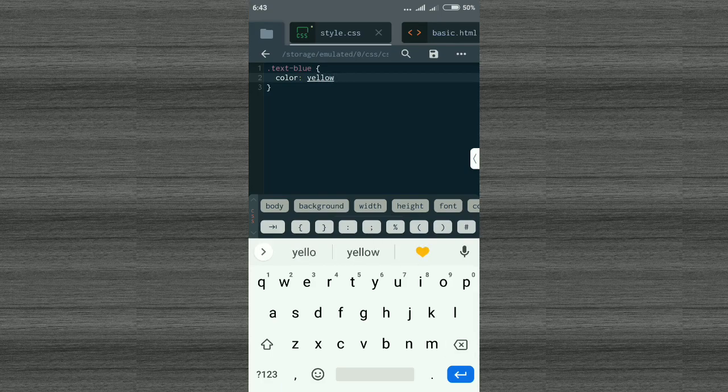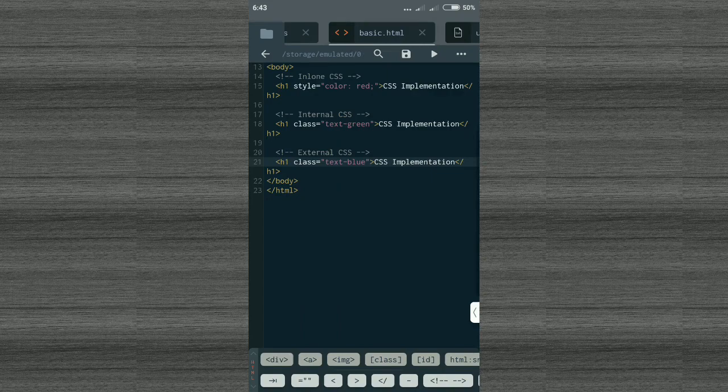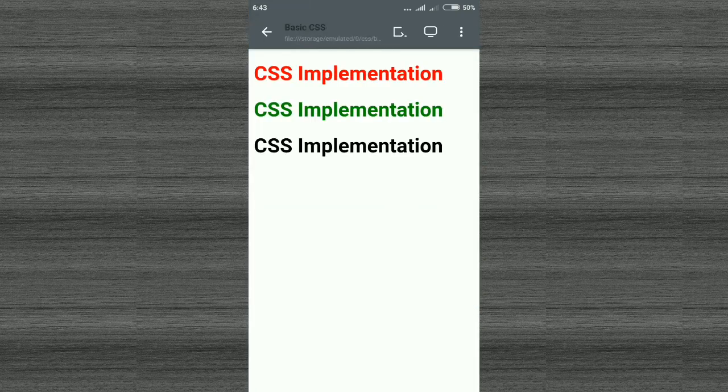Then all you have to do is to end it with a semicolon, because you can also have another command down there. All right, we have this in our style.css. If you go back to basic.html and you try to preview, nothing will happen. As you can see, it's still set to black. All right, and we want it to have the yellow color. Go back to your